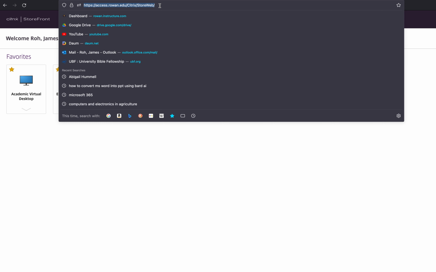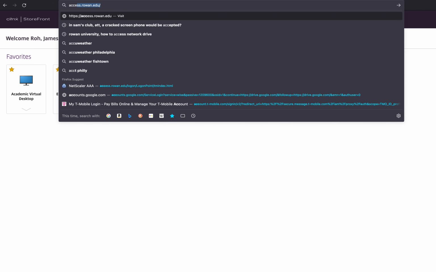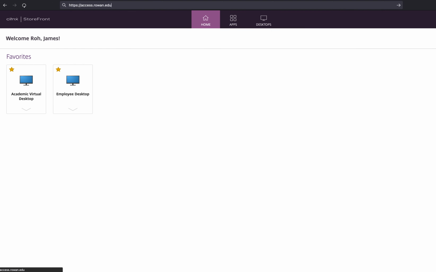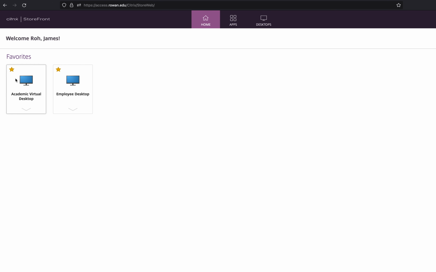I'm going to show you how to access SAP Logon using Rowan Cloud. First of all, if you type Access.Rowan.Edu, that will take you to this website after entering your Rowan credentials. If you log on to Rowan Cloud, this is Rowan Virtual Desktop, you might have these two settings and choose